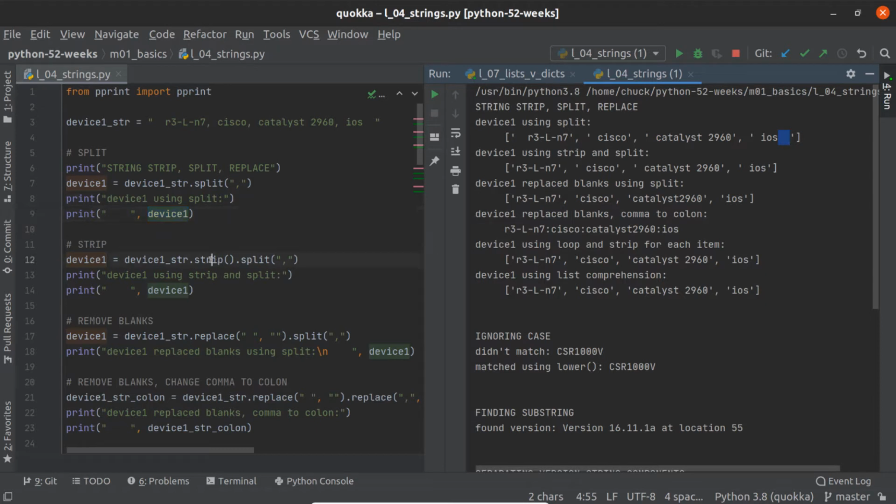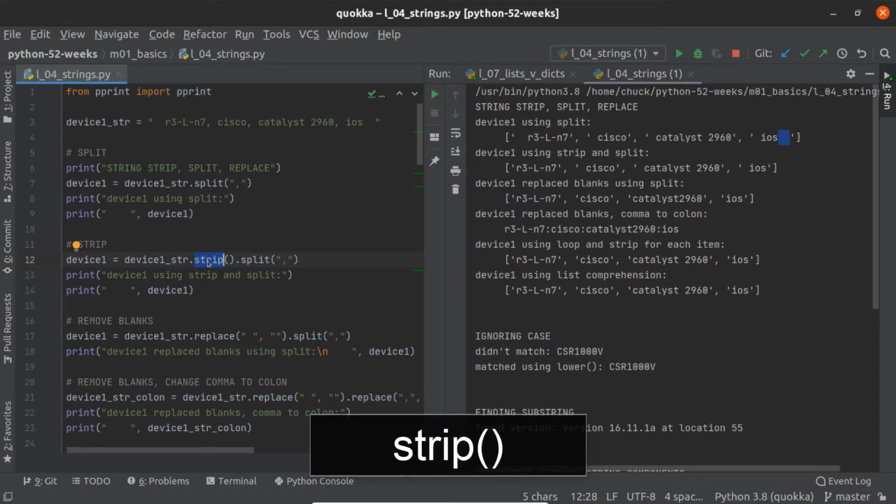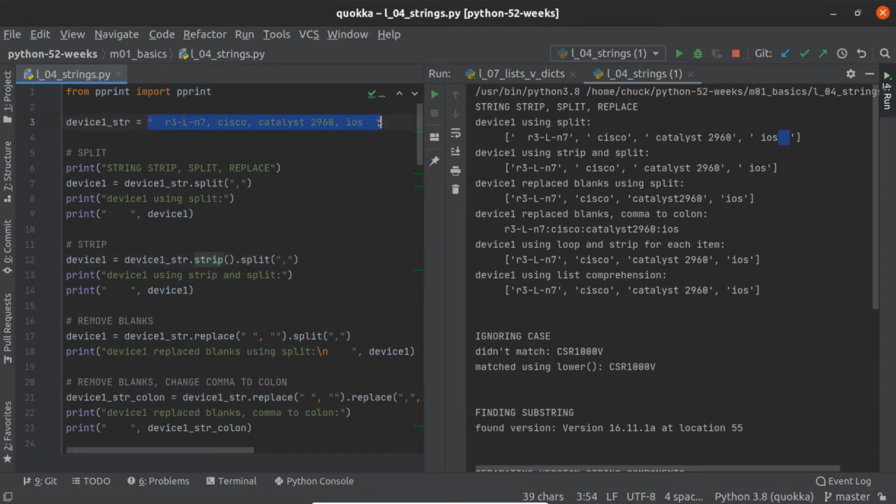And then you look it up on Stack Overflow or wherever you go to find out this stuff, and you find out there's a function in Python called strip, which gets rid of blanks at the beginning and the end. You look at that and you look at this and you say, that's great, that's exactly what I need. So what I'm going to do here, and this is called function chaining, is put one function and the output of that function is going to actually be